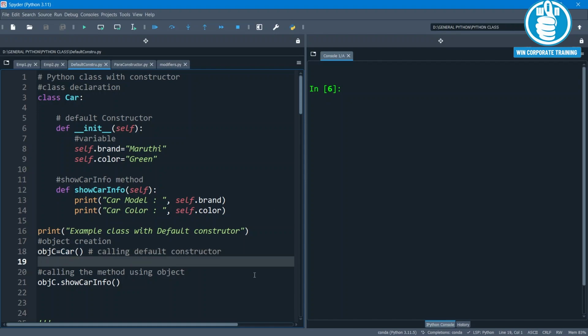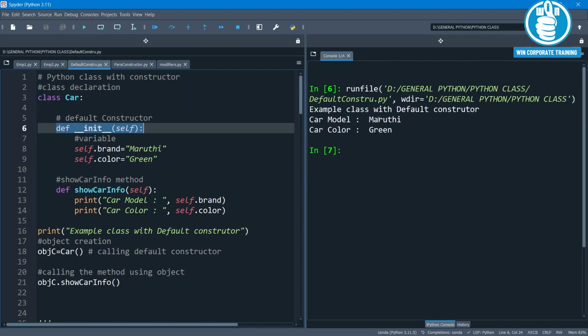When this program is executed, first from line number 18, control will go to line number 6, where I have defined my default constructor. Values will be stored in the variables, and using the same object, I'm calling the show car info method. It will print all the details about the car, like car brand is Maruti, car color is green.